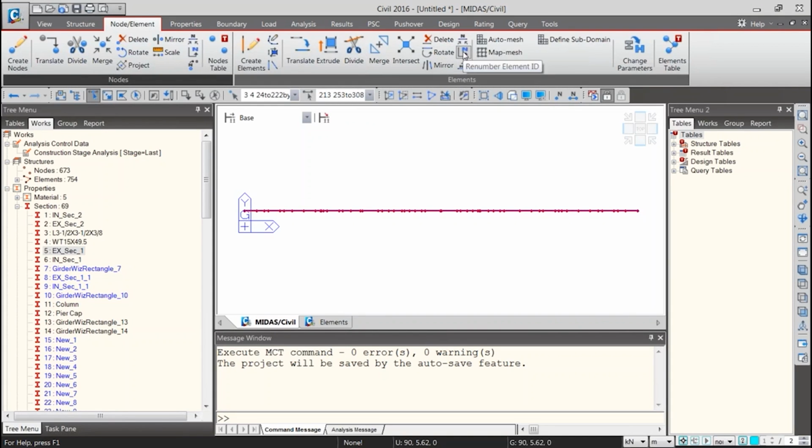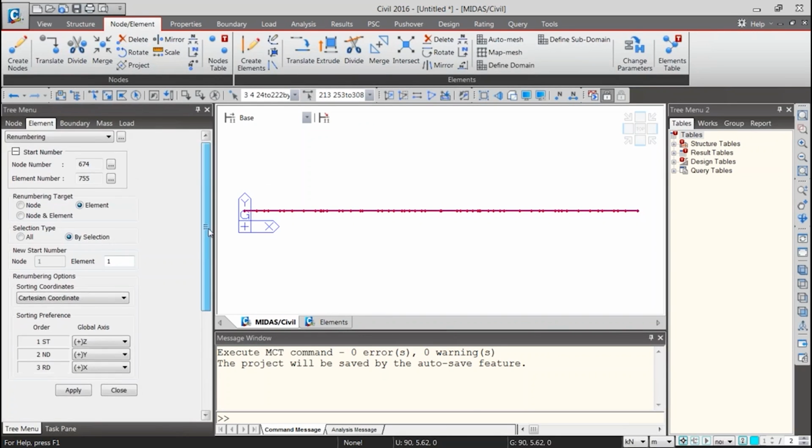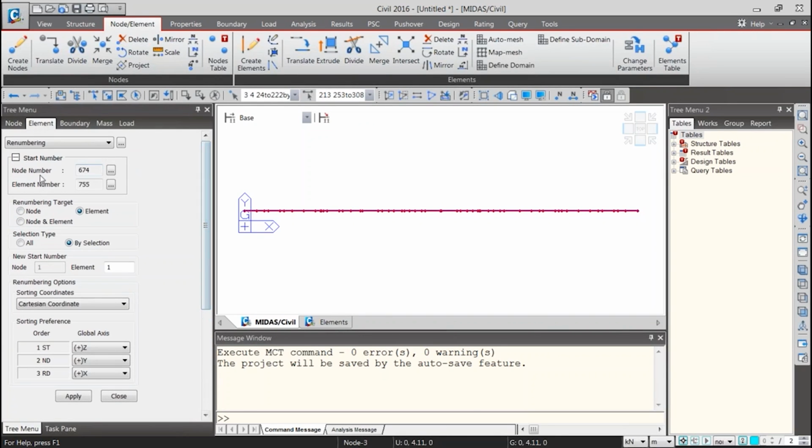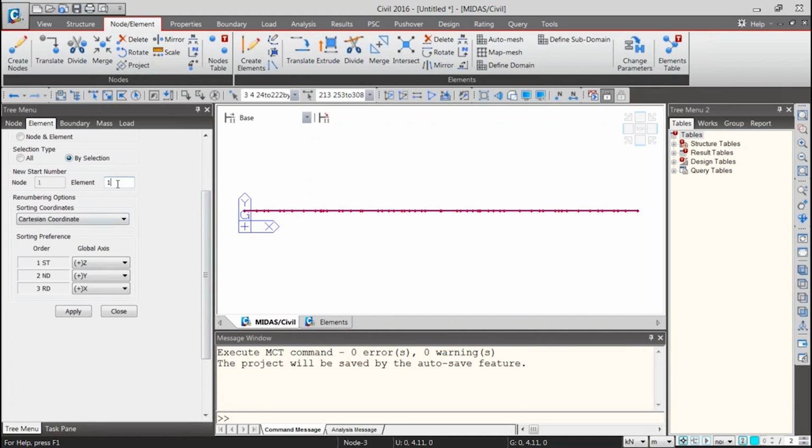This is the renumbering element option. And then we see that the newest element will be given an element number of 755. So for the safer side, we'll just start the elements from 1000 and click on apply.